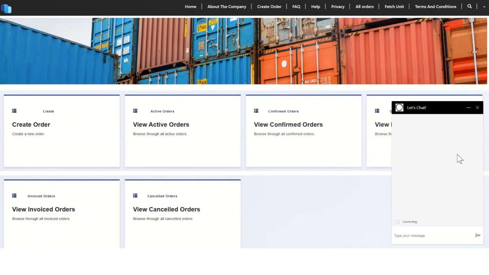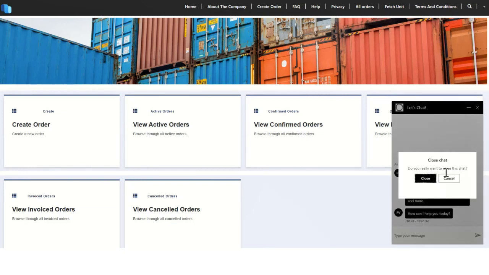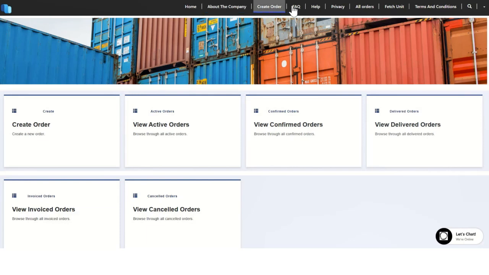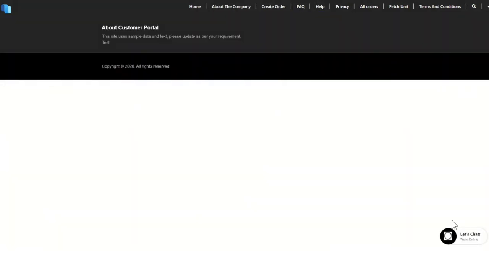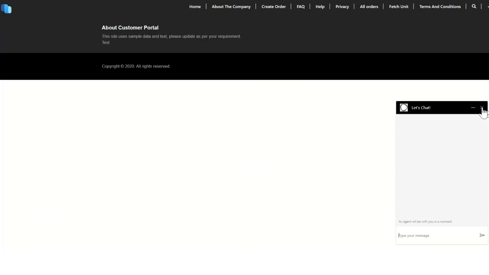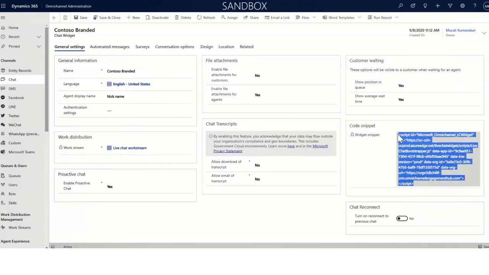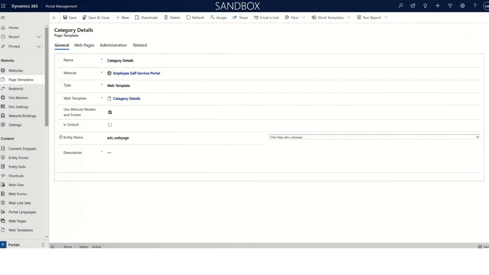And you'll notice if you click on it, it opens up, and once an agent is connected, it'll populate. You can see that information, and then you can start interacting with that. So that process looks the same no matter which page from the application you do that from. In order to embed this chatbot into the portal, what we have to do is go into the omni-channel administration page, and you can see we're on the chat page, and there's a